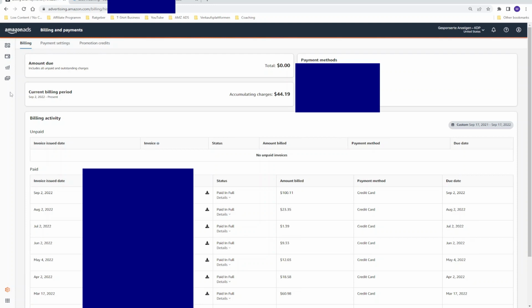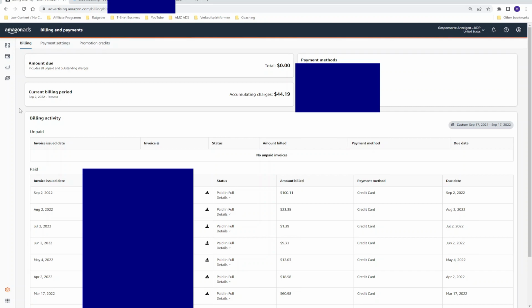The accumulating charges in a month are always billed in the following month, in the first 2 days. So keep this in mind. For example, you start advertising in the next month in October. Okay? You spend over the whole month $100 in advertising. You make profits of roughly $200. So always keep in mind that the $200 only gets paid at the end of December. So 3 months after the current month.